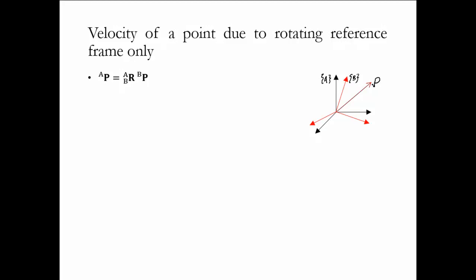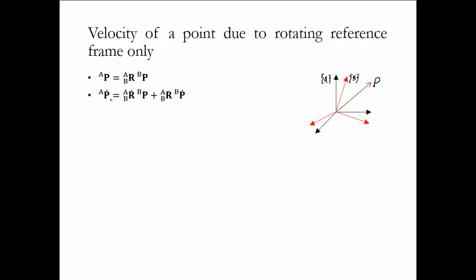Now we have seen earlier, we can always write P in A is equal to P in B pre-multiplied by the rotation matrix, which transforms this vector from B to A. Now in this case, obviously we are not looking at the origin being at some distance from the frame A. Here both the origins are merging, so that part will become 0. So that's why we just have a relation like this. I hope this is very clear and evident.